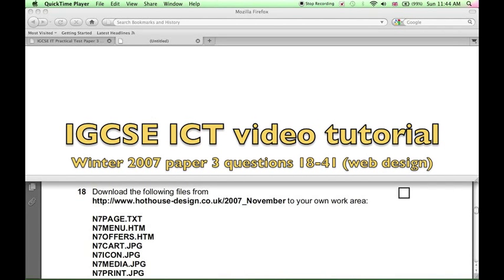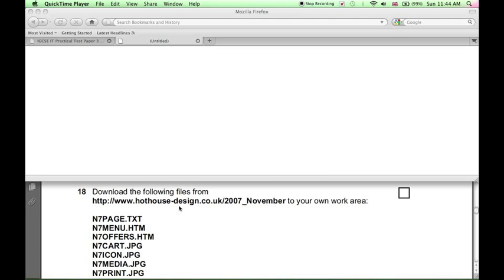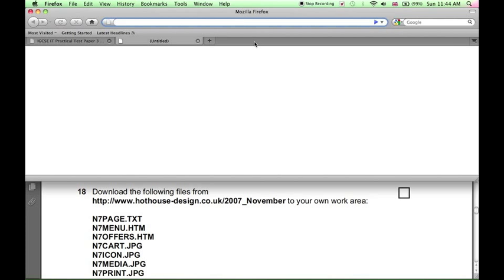Hello. In this section we're going to create and edit some web pages. First, we need to download the supporting files from the URL that is given in point 18. We need to open our web browser. I'm using Firefox, and type in the URL